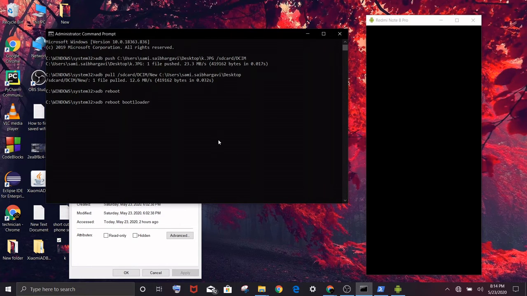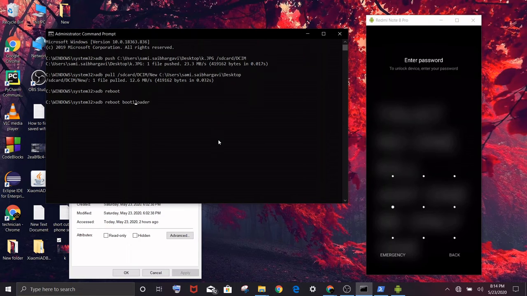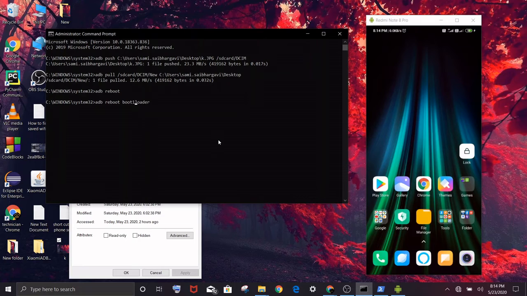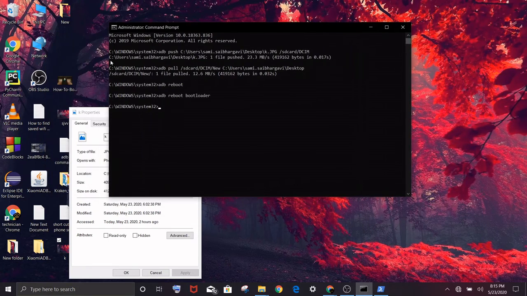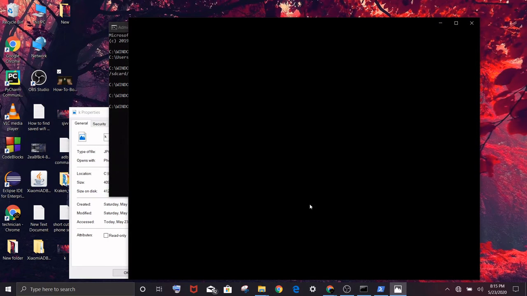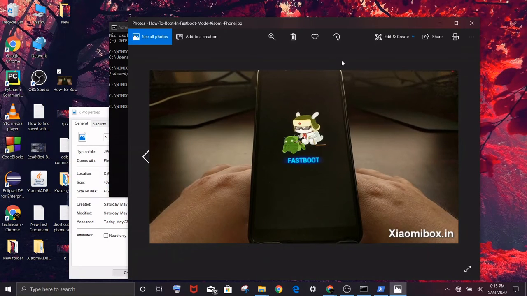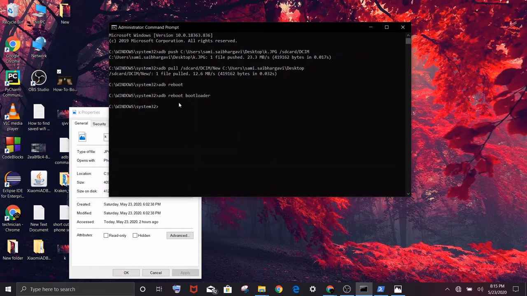Now you can see that my phone is in the bootable mode. See, it's asking a question for entering again, and by entering the reboot loader and hitting it, it will reboot its loader, and it will show the image on my mobile like this. See, it's the fast reboot mode. It will look like this when you hit it like this.